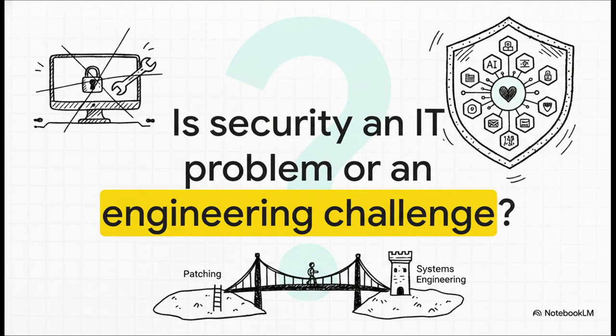As we wrap up, I want to leave you with this somewhat provocative question to think about. Are you treating your network security as a simple IT problem or a comprehensive systems engineering challenge? As this GMU capstone clearly shows us, when you're dealing with highly autonomous, deeply interconnected AI tools, simply patching bugs just isn't going to cut it anymore. You have to secure the entire socio-technical system. You have to engineer trust.